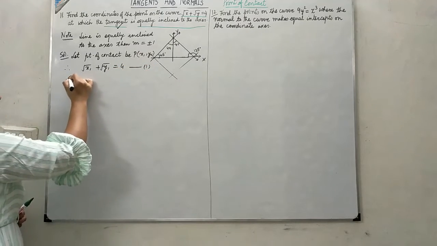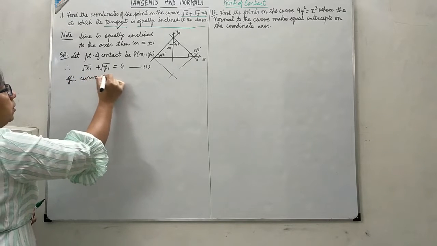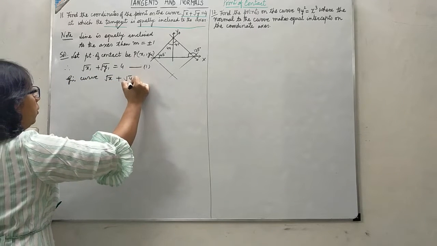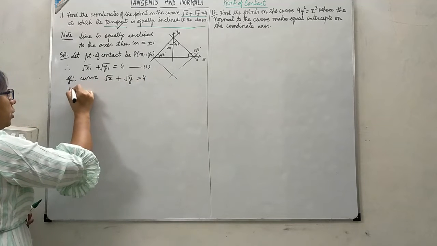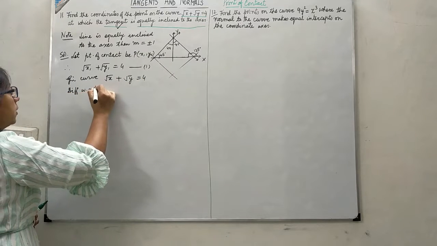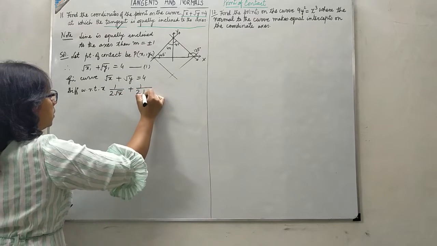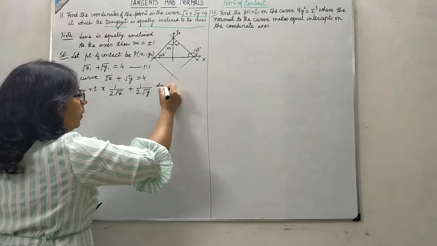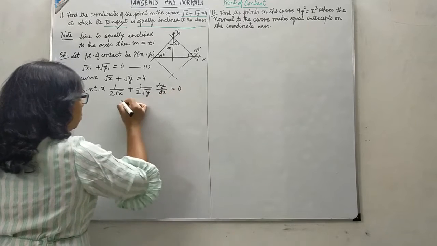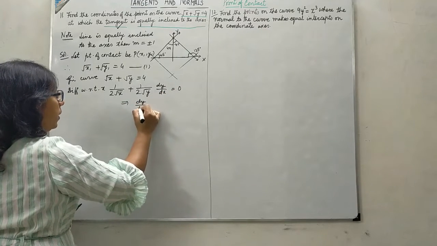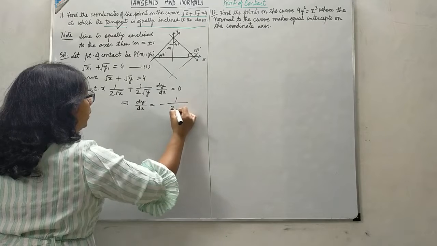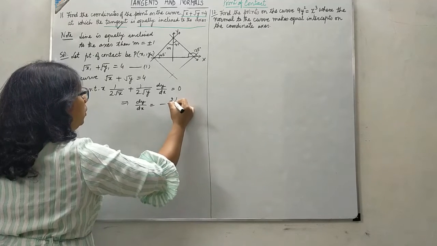Now the given curve is root x plus root y equals 4. So differentiating with respect to x, we find the slope: 1 by 2 root x plus 1 by 2 root y dy by dx equals 0. So from here dy by dx becomes minus 2 root y by 2 root x,